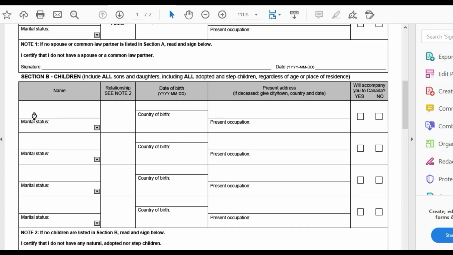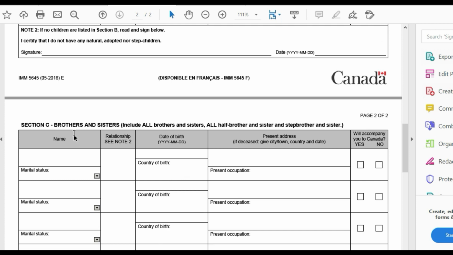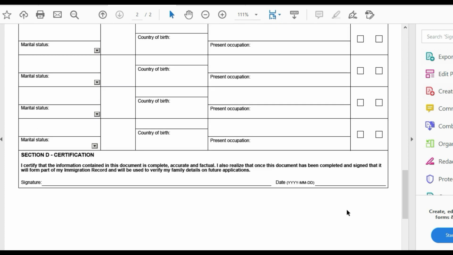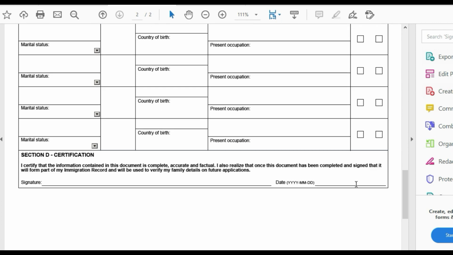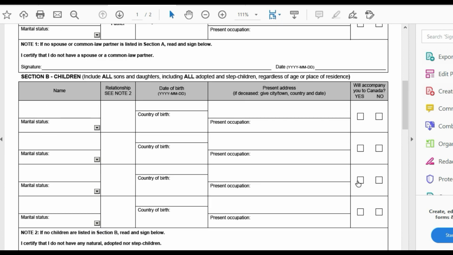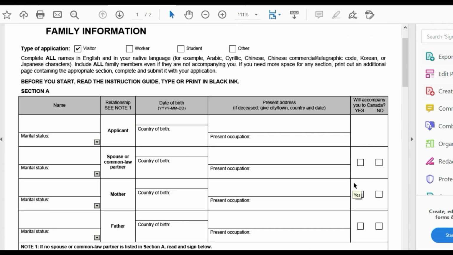And then it asks you about your children, brothers, and sisters. You have to complete the form with their date of birth, gender, and occupations. All this you have to write, and write down the date here, then print out and sign. And then these 3 forms you can submit by paper if you print out, or if you are going to submit online, just save the 3 forms, and when you go to the online visa application, you have to upload these 3 forms for each applicant.